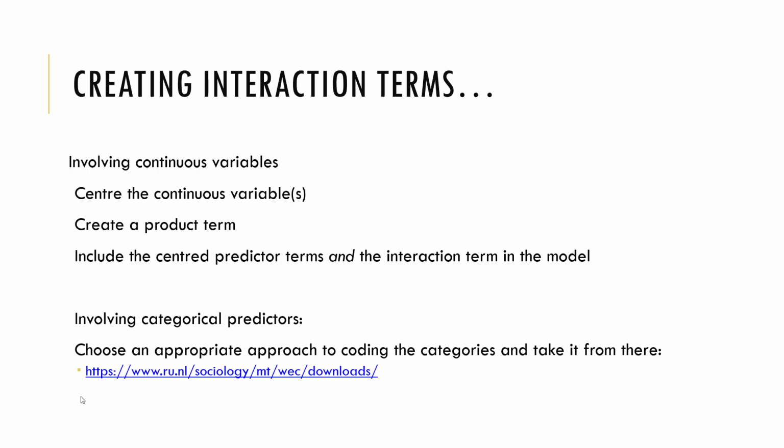So what I did was I created an interaction term based on the groups that they were in. They were either in the male victim or female victim group, and they then read a scenario based on a male perpetrator, a female perpetrator, or the perpetrator gender was not specified. So I created an interaction term between the victim gender and perpetrator gender, and I entered that into the model